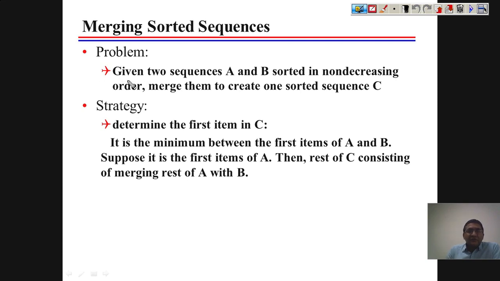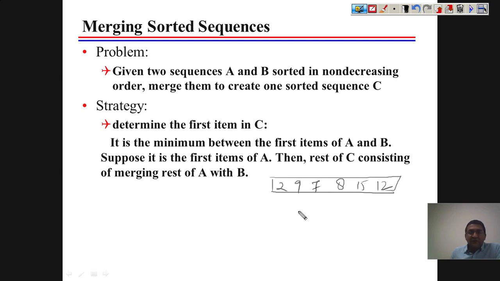So what we are actually doing is trying to merge two sorted sequences to get the final sorted sequence. What does that mean? It means, let's say we have an array like this: 2, 9, 7, 8, 5, 12.